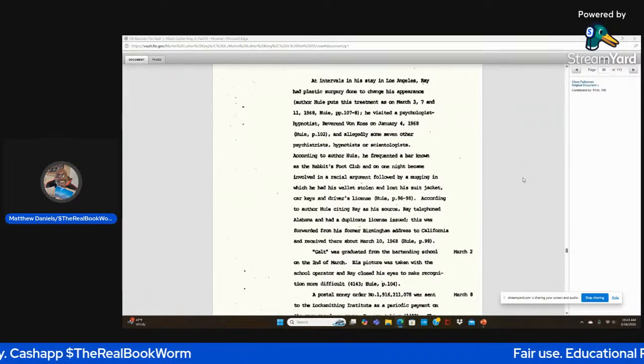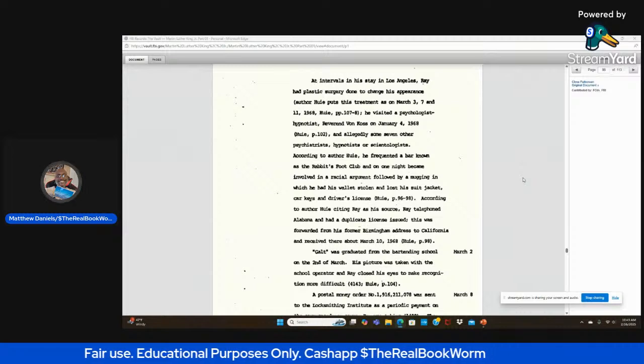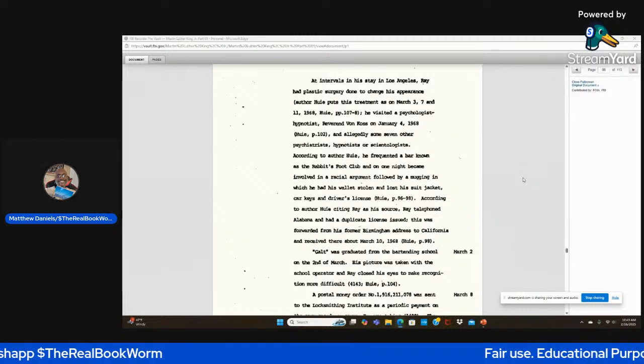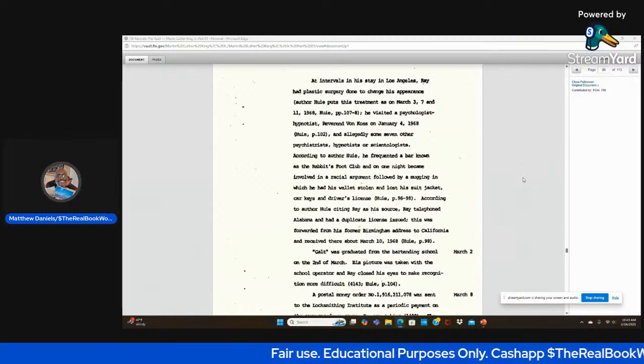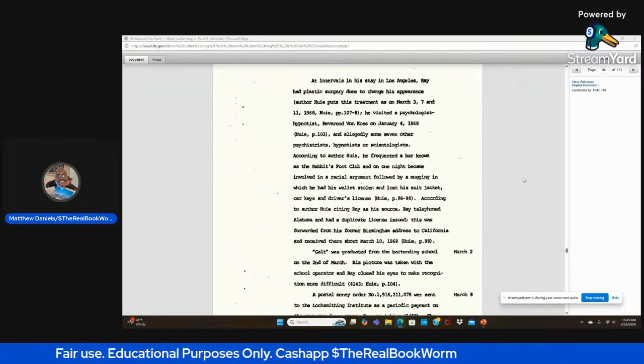Let's pump the brakes, family. Let's pump the brakes. So when he was in Los Angeles, James Earl Ray had plastic surgery done. Again, how did he afford it? And then we can say why. Obviously, he's an escaped convict, but still,